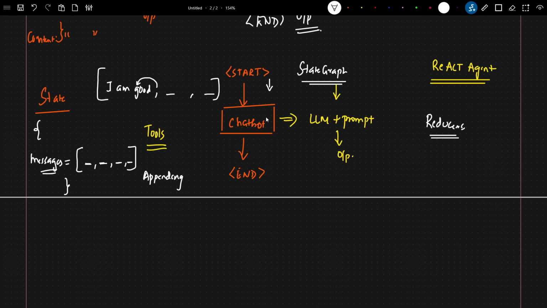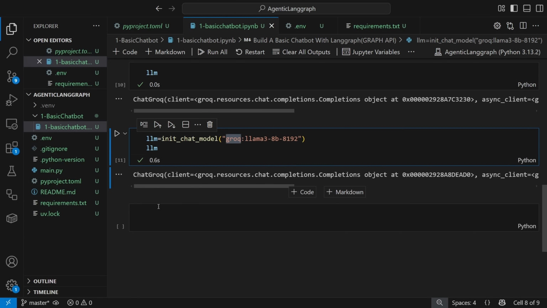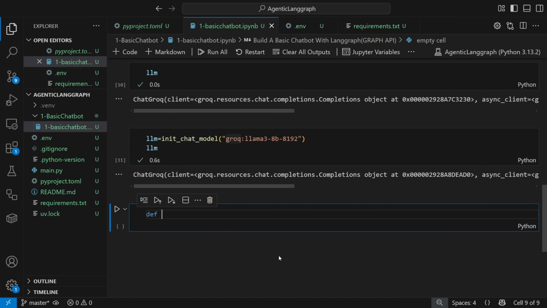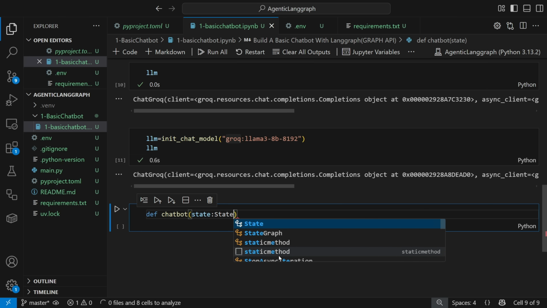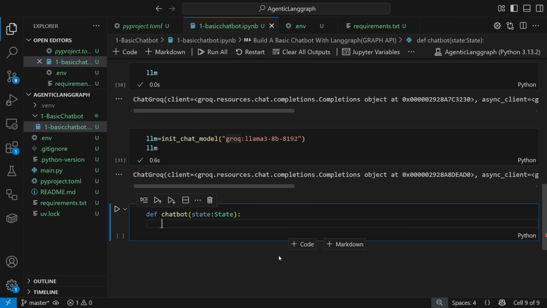Now we will go ahead and create this chatbot. This chatbot is just like a node. For every node, you need to create a node definition. So in order to create a node definition, I will write def chatbot. Let's say this is my node, and here I'm going to define my state colon State. And here what I'm going to do is write return